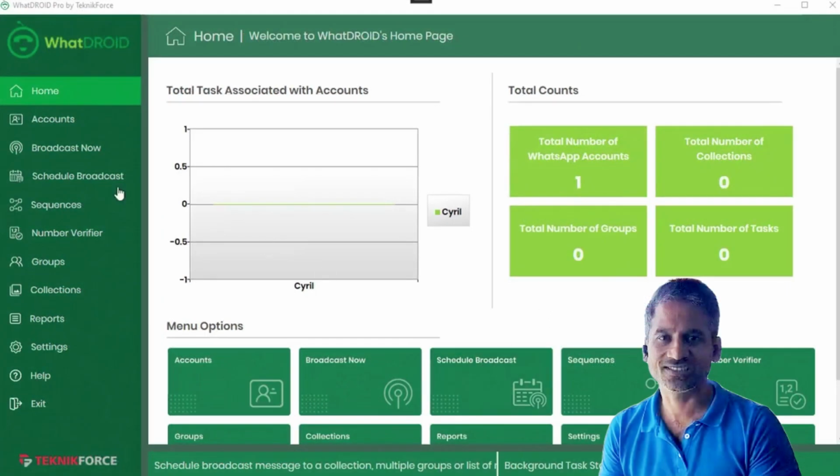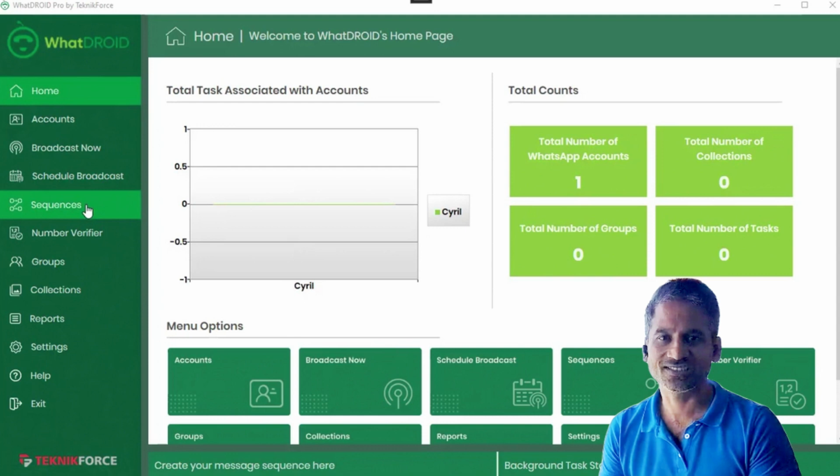With WhatDROID, you can broadcast a message to a group of people. You can schedule your messages and broadcasts. So if you are working in the morning and you're too busy to send a good morning message to your contacts, or you are too busy to wish someone, or you're too busy to give someone the information you want to send them at a scheduled time, you can schedule a message, and you can schedule it to one person or multiple persons.